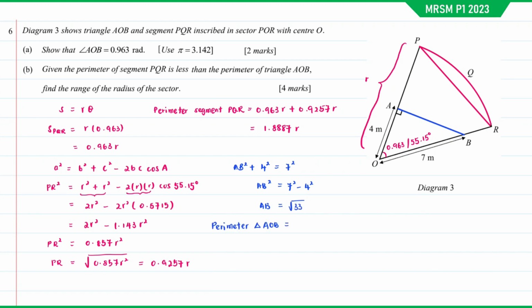So the perimeter of the triangle AOB will be 7 plus 4 plus square root 33, which is equal to 11 plus square root 33. So based on the question, the perimeter of the segment PQR is less than the perimeter of the triangle AOB, which means